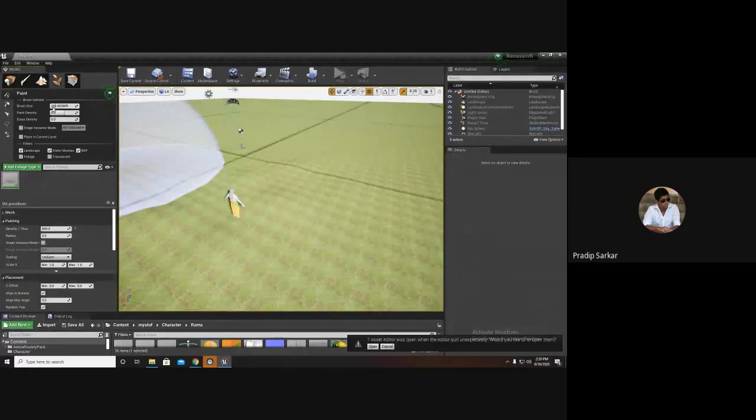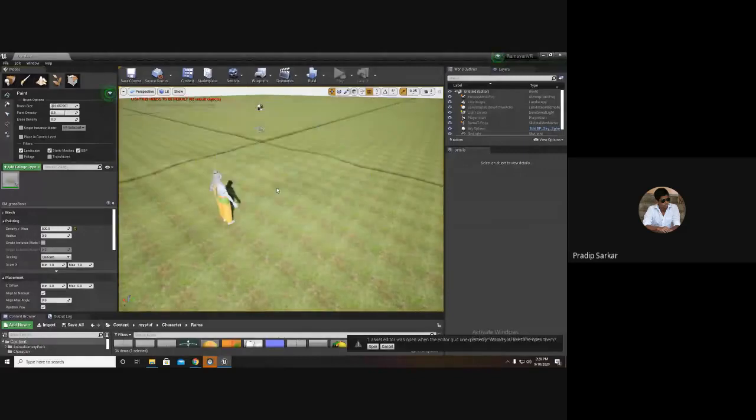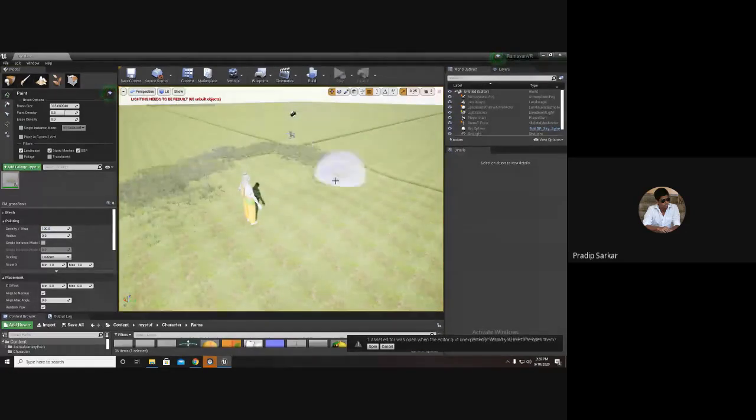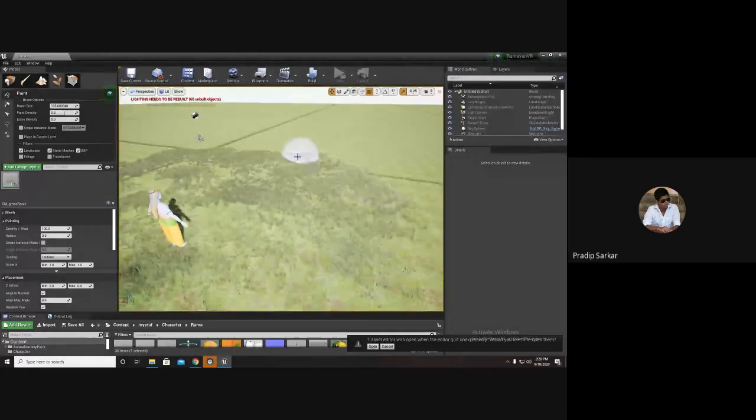Let me decrease the brush size. And it was good. So let me paint some grass.